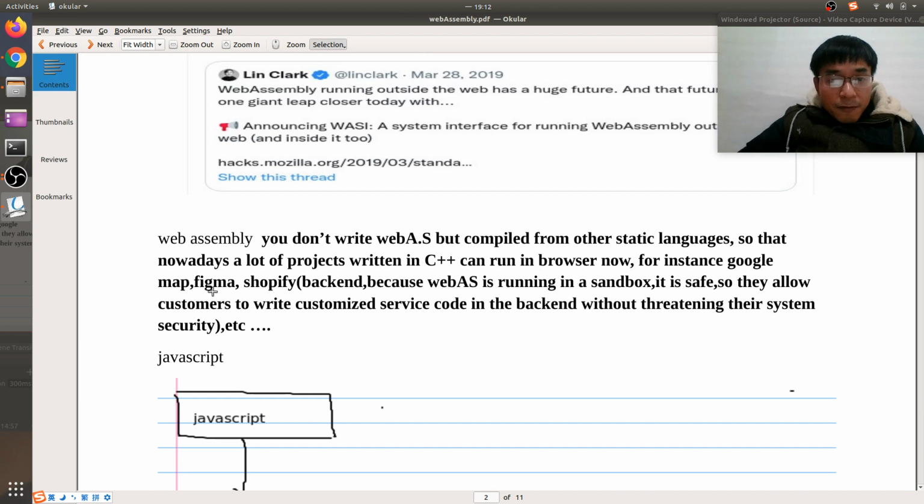The other one is Figma. Figma is famous for front-end development, right? So now you can also run Figma in the browser. Also, the other one is Shopify. Shopify is an e-commerce platform, but they use the